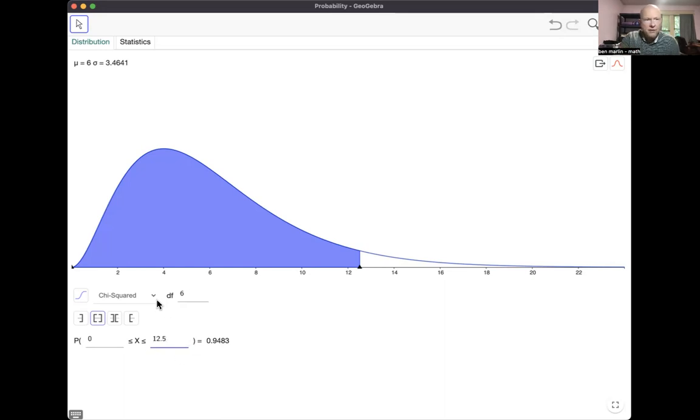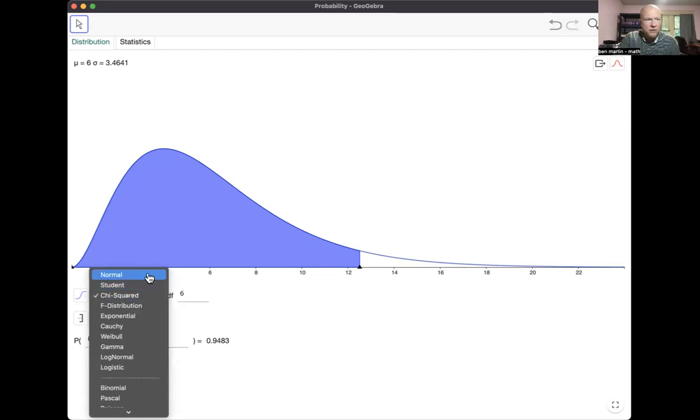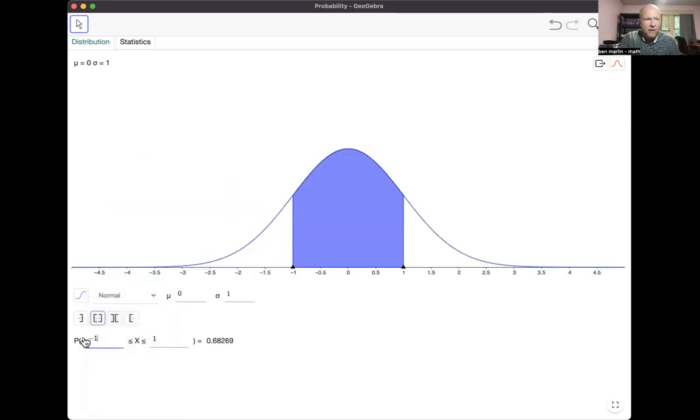And when we go back to the normal distribution, I'm not sure if we can do this or not, minus infinity. Yeah, okay, it understood that. So the area that is to the left of +1 is 0.84134, okay? There's no way for you to calculate this stuff by hand. You have to go to the calculator or Python, okay?